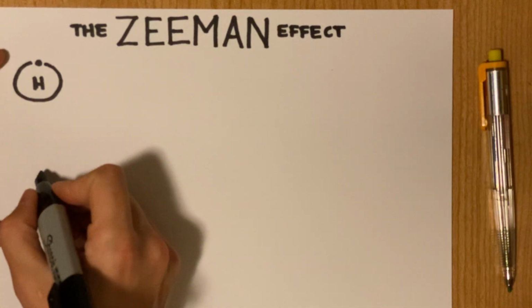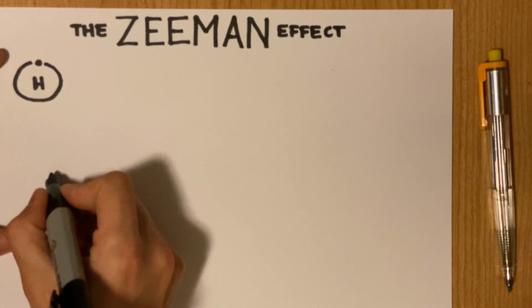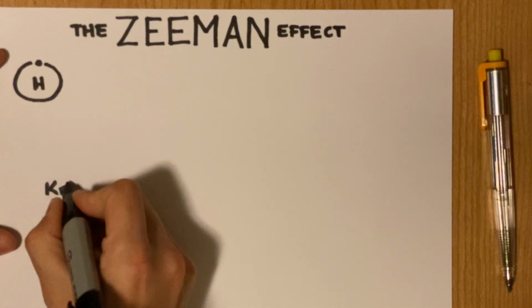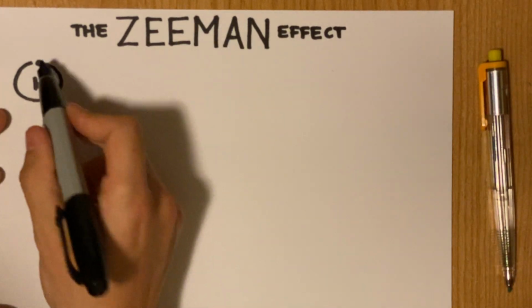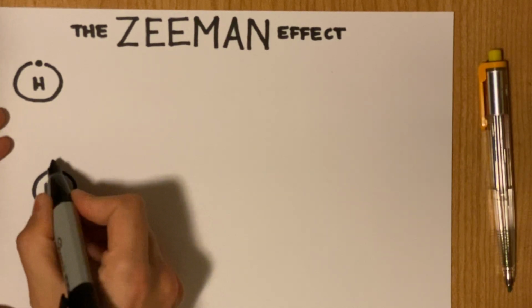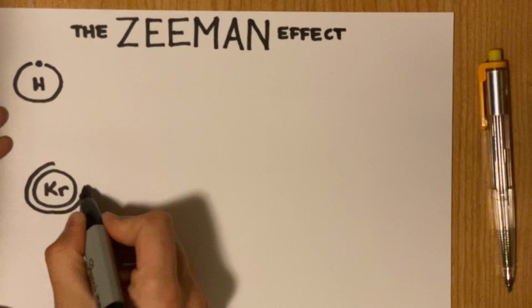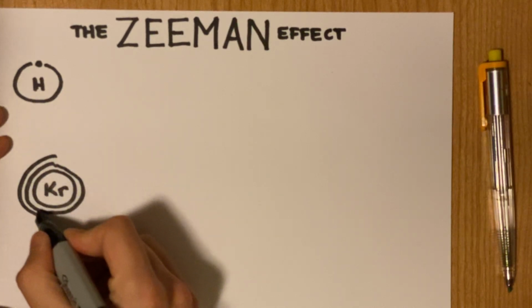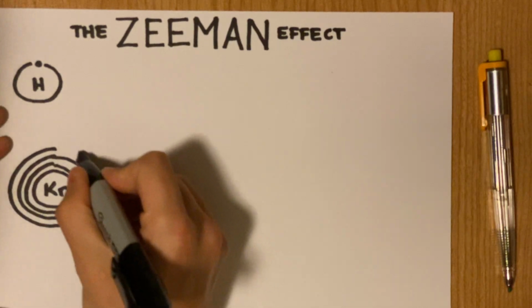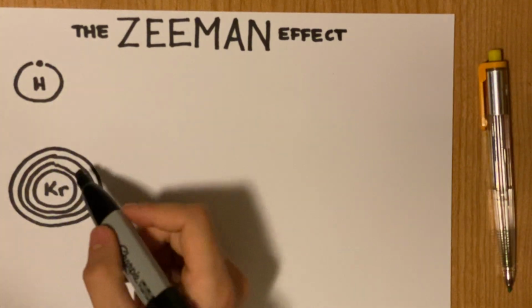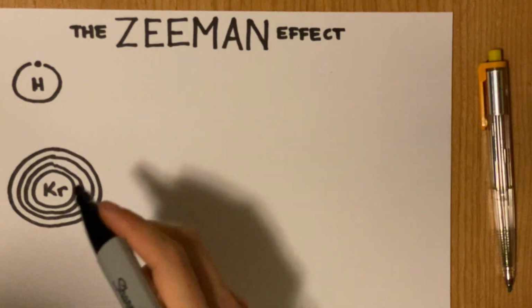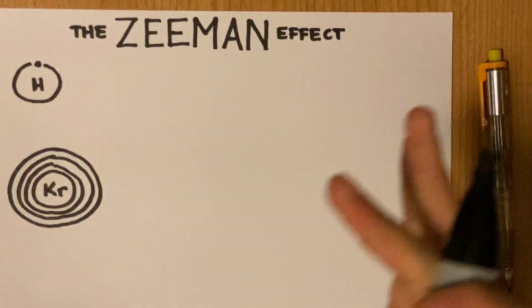Now, if I do a bigger or more complicated element like krypton, for example, krypton has a lot of electrons, and I won't draw the electrons, but I will draw the electron shells because in krypton there are 4 of them. 1, 2, 3 and 4. And so all the electrons exist in these energy levels, in these electron shells, and they're all packed in there